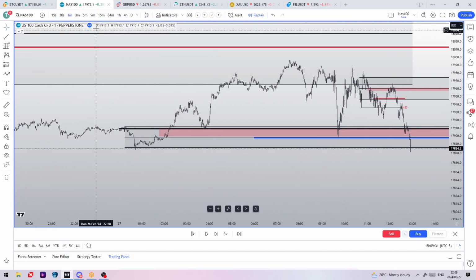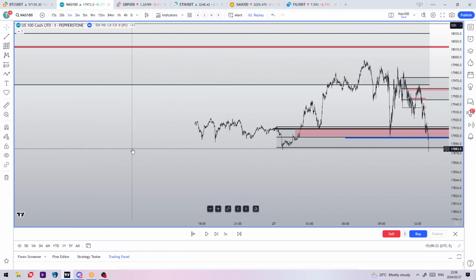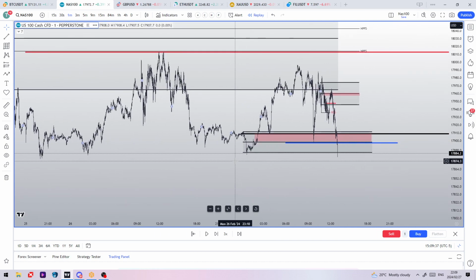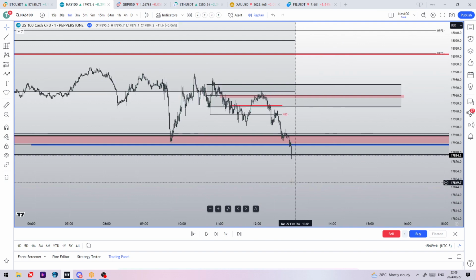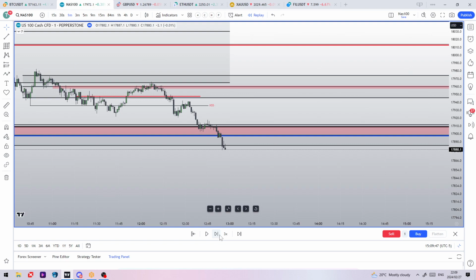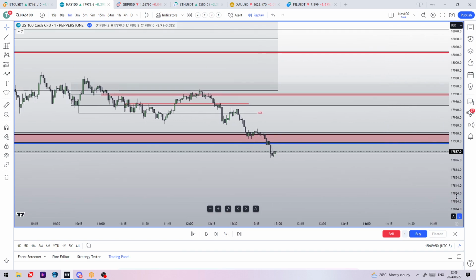Look at a higher time frame. Look at M5. We've now run Tuesday's low, and I think even Sunday's low in this case, right? We've run Sunday's low right here. And again, notice on the way down,